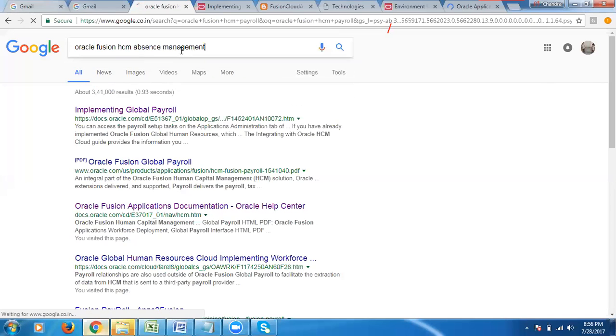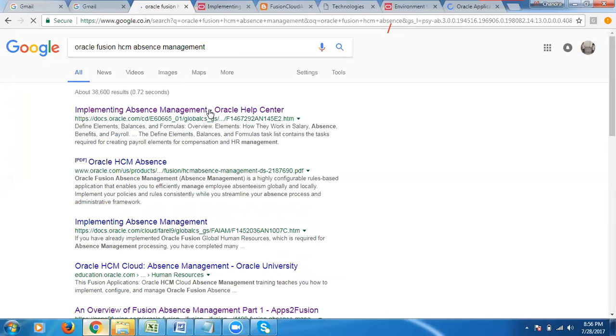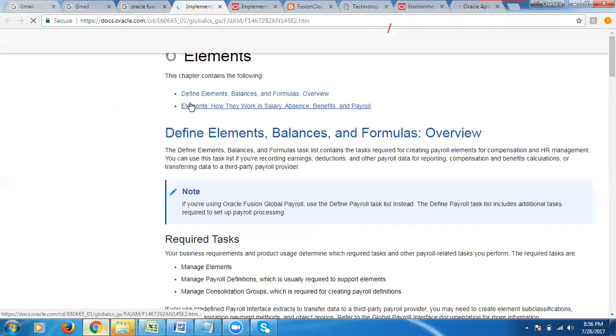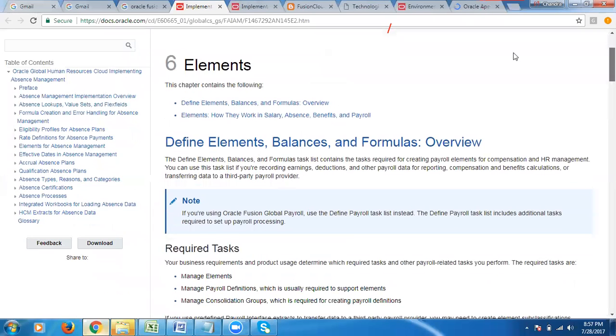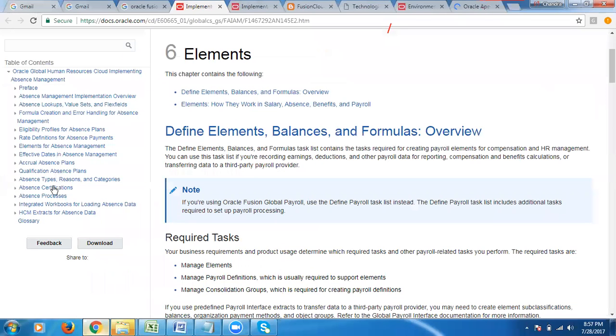absence management. Whichever client you are putting in the resume, that legislation, for example, if it is Dubai legislation, let's search for the types of leaves in Dubai, right? So you have to be clear. Functional setups point of view, we are very clear. They will not expect much, they'll just ask you the flow. How will you configure absence management for your client?